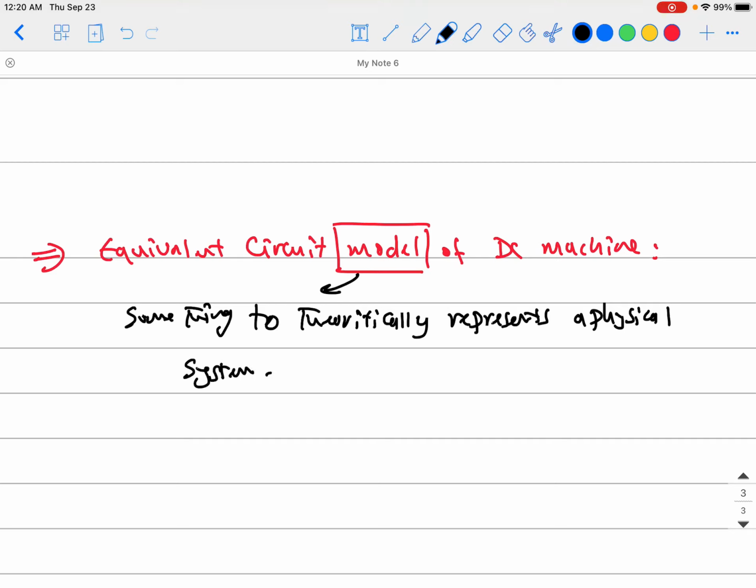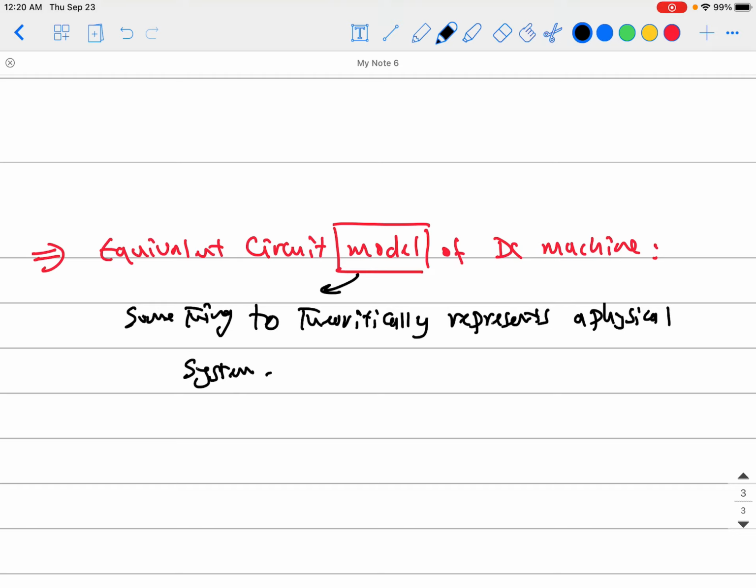It's not a standard definition, but it's my definition for the model. What if I need to study a certain machine? What if I need to predict its performance? I just need to know if it is loaded by this amount of load, will it handle it or not? How much current is this motor taking from the supply? Because you will be using this a lot